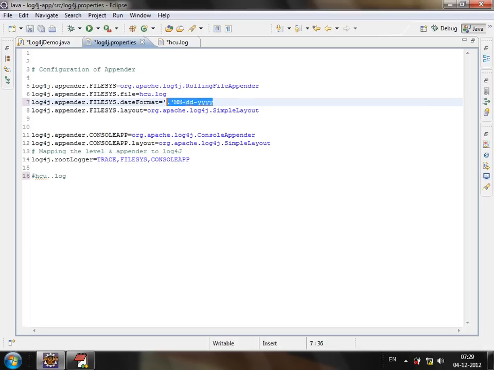So I have given the date format like this. Within single quotes I will give dots. Any special characters here should be given in single quotes. Sorry, not all special characters. This dot should be given in single quotes just because a dot has a specific meaning here. So I'll give the dot in single quotes, then mm-dd-yyyy. So on the next day, this logging information will be backed up in a file